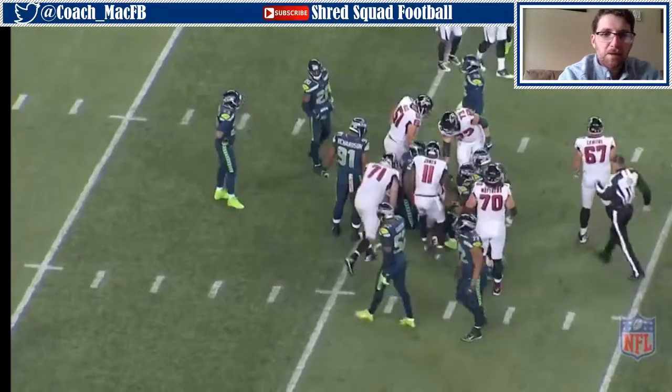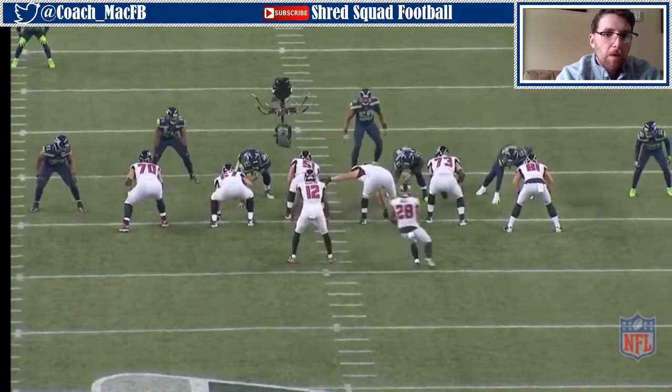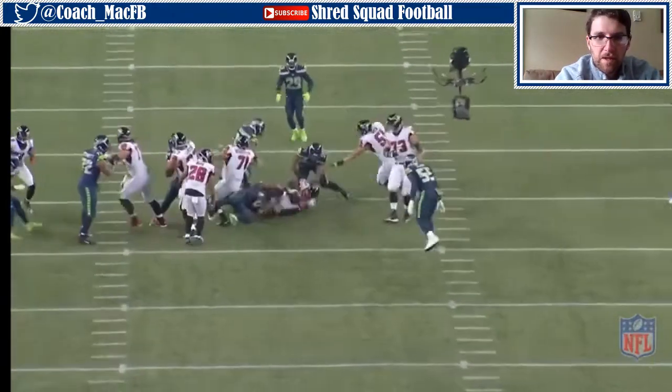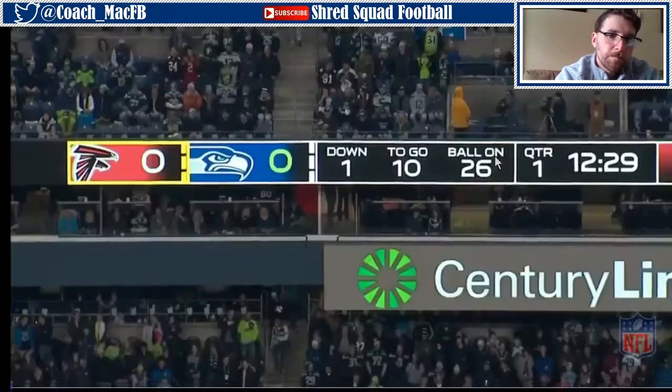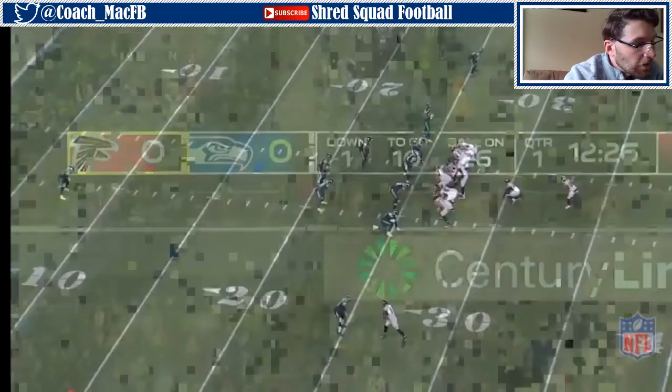And they just attack the line of scrimmage, make a play. We're not really paying too much attention to this because it's not a number 2 guy that you're reading, but all right. So